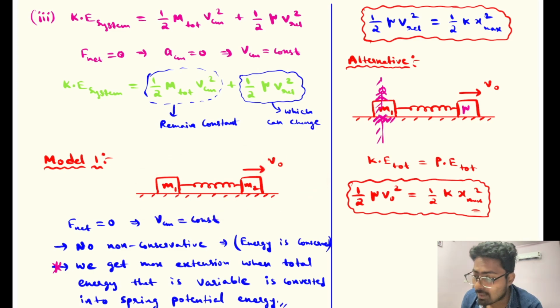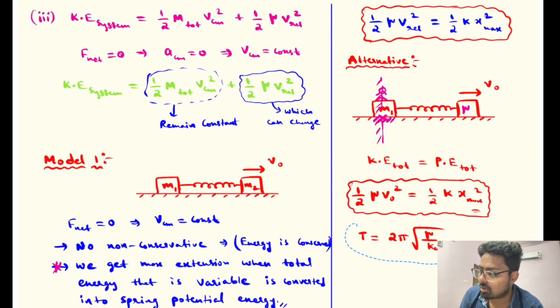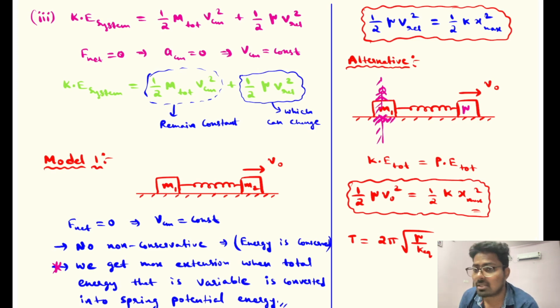What is the time period? Time period also I can now easily find. It's simply a one spring block system. Time period is simply 2 pi root m, but m is not here, it is mu, so 2 pi root mu by k equivalent. When multiple springs are there, you can also write simply 2 pi root mu by k equivalent. So this way you can find time period, frequency, energy, extension,